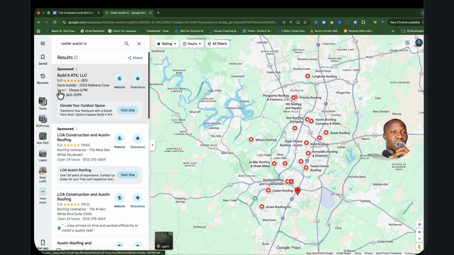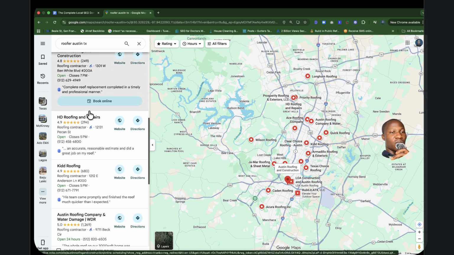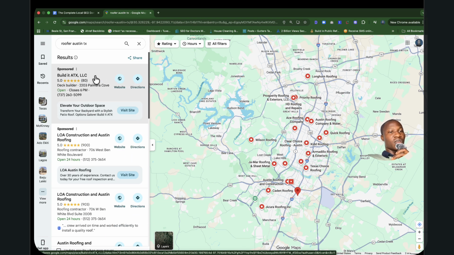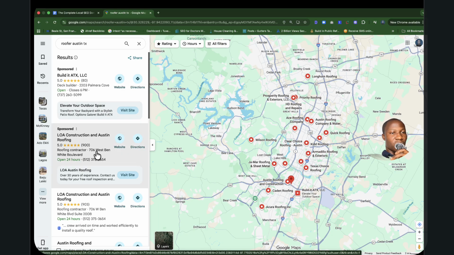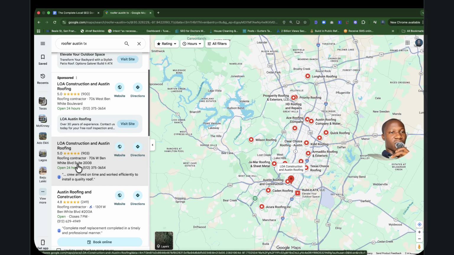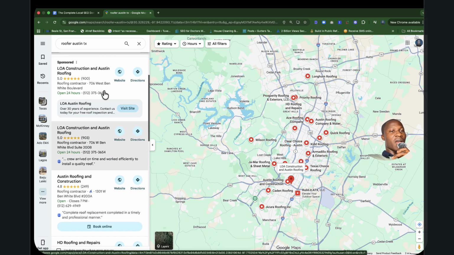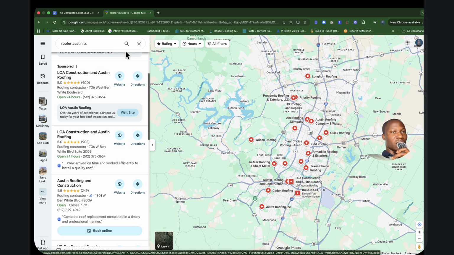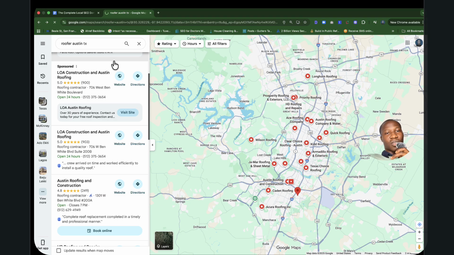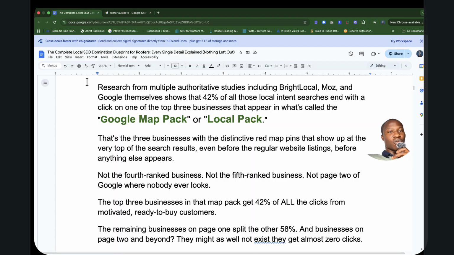At the top of this spot, you will see sponsored ads. All of these are being paid for through Google. These are people who should be doing local SEO to rank here without having to spend as much money. So this is exactly what I'm talking about. This business here is ranking number 1, and they're still spending money on ads trying to gain visibility, but they will not be spending as much as this company here because they already have the goodwill, the rankings and every other thing.